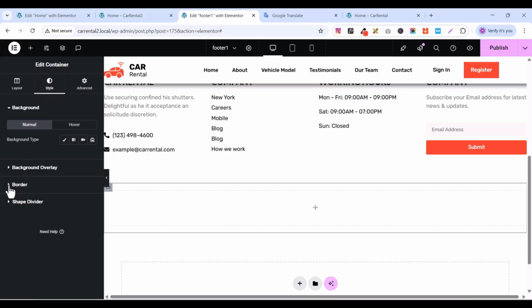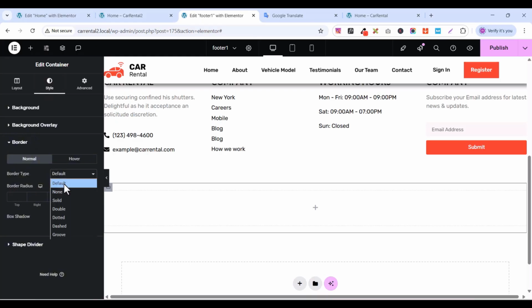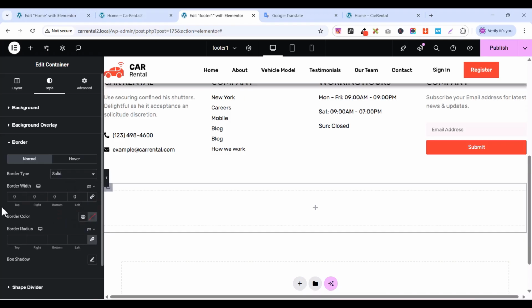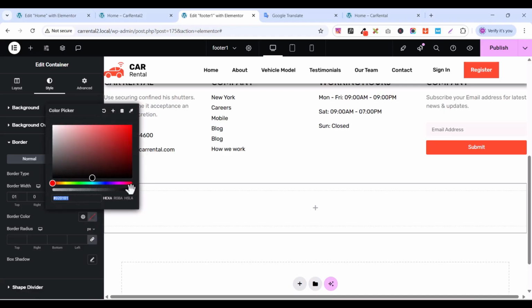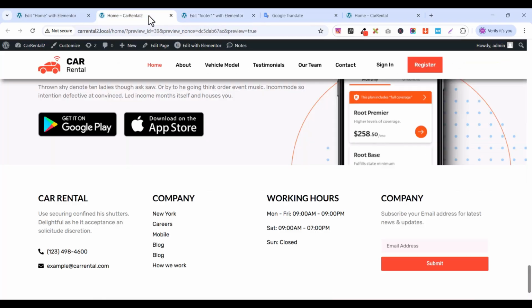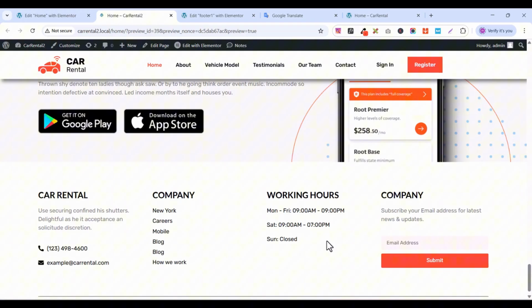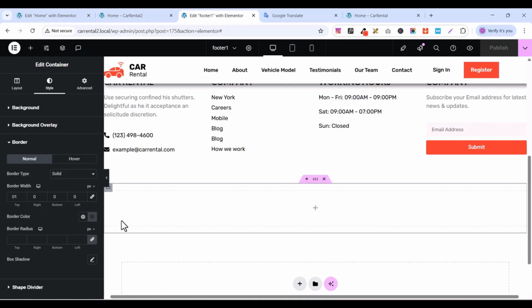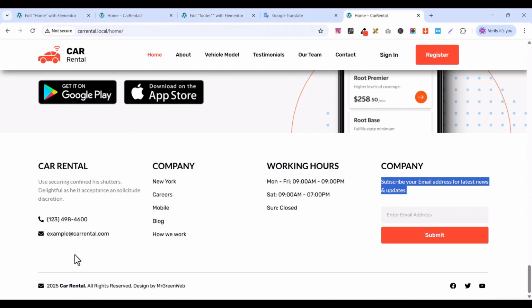I'll go to border. Then the border type, I'll select solid, and I want to check this one. I'll give it 1 to the border up like this. And the border color, I want to make it transparent. Okay, so let me publish and refresh and see. Okay, so you're having this line. That's what I want. So let's go back and add this